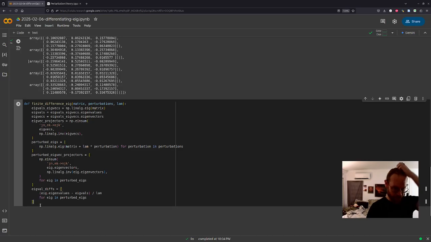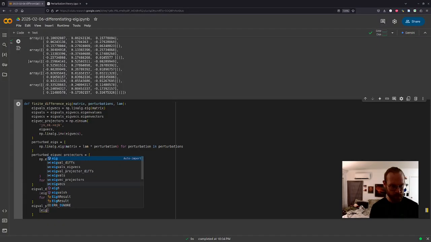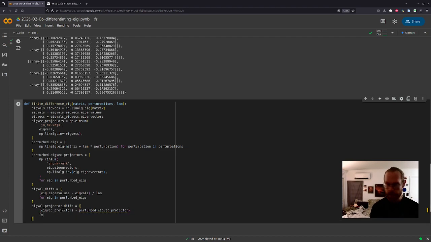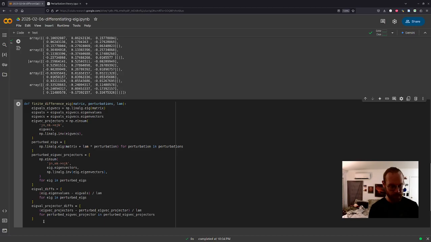Okay, so then the eigenval diffs are there, and then the eigenval projector diffs is going to be, oops, here it will be eigenvector projectors minus perturbed eigenvector projector for perturbed eigenvector projector in perturbed eigenvector projectors, and then this should be divided by lambda also. And then we return all three of these things.